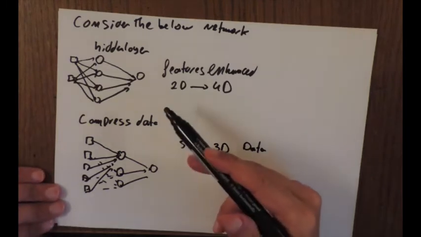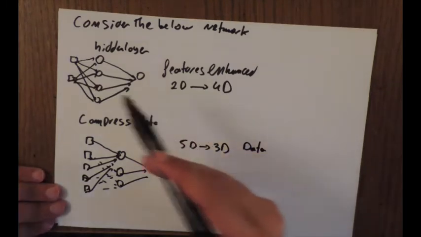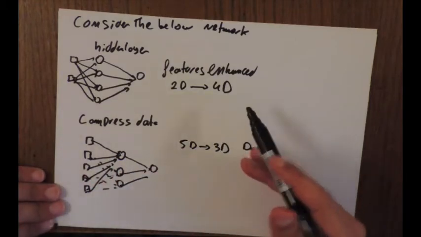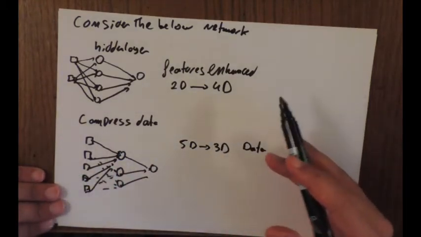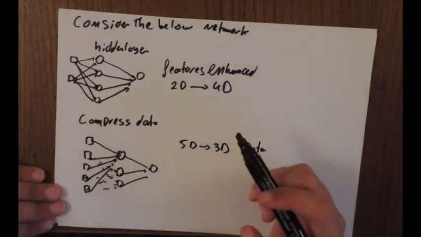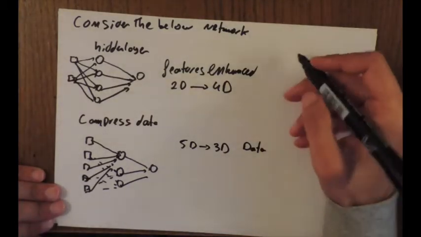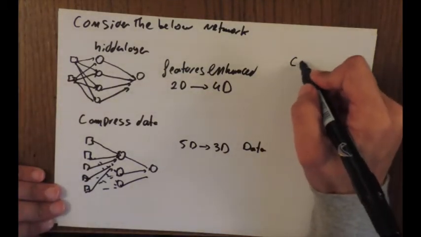So hidden layers have the functionality of enhancing some features. Maybe some features are not found in the original data set. It takes it to a different dimension where separability is much easier. Or it can go with compressing the data, and this will save some storage. Of course, these hidden layers have computational functions